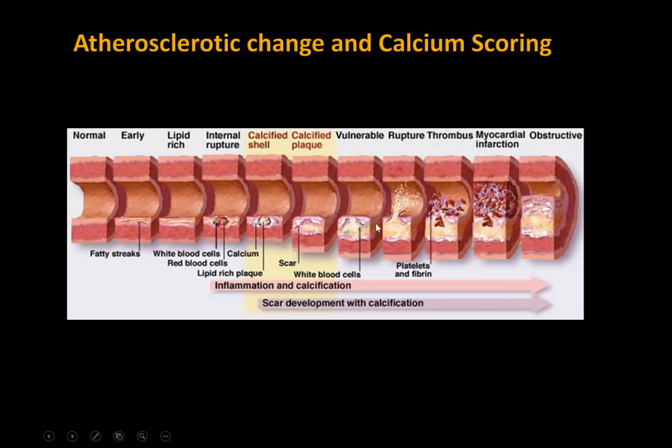This is a cross-sectional image of a coronary artery, where when atherosclerosis starts, lipoprotein is deposited in the intima and there is an inflammatory reaction, foam cells come in, and calcium deposition and plaque formation occur. Sometimes this plaque ruptures, causing complete blockage of the artery and producing acute coronary syndrome. But by doing coronary calcium scoring, we can detect the disease when it is insignificant, and treatment can start to prevent this stage.